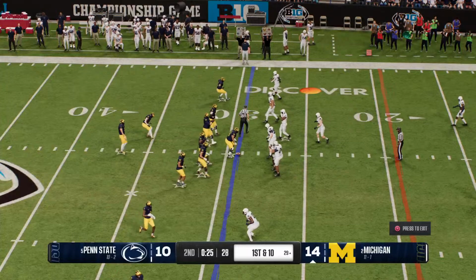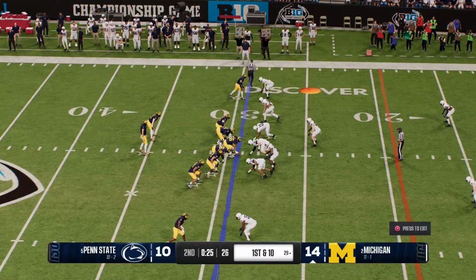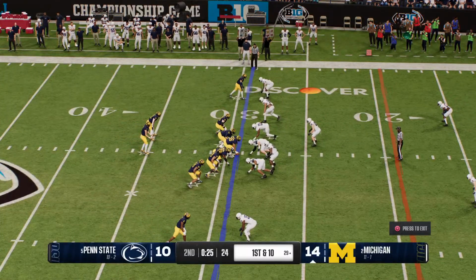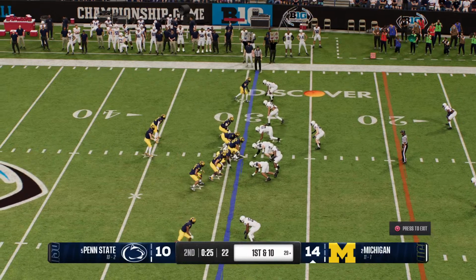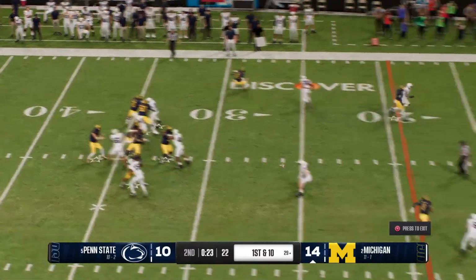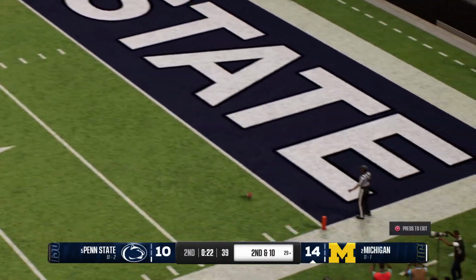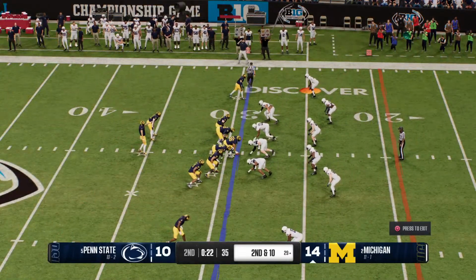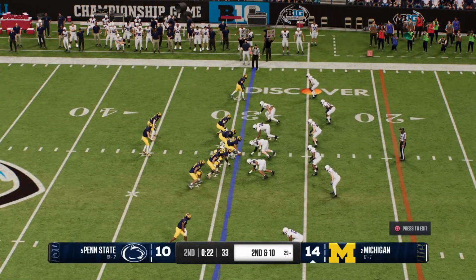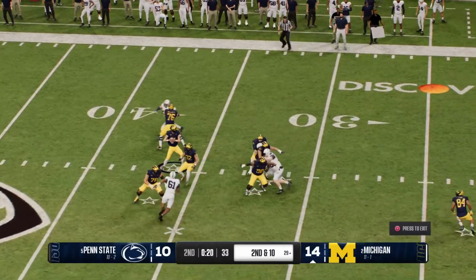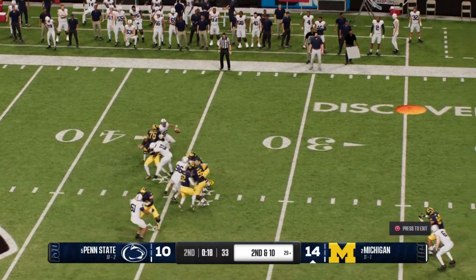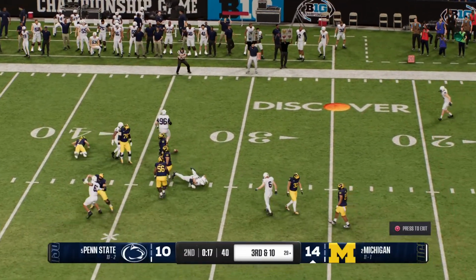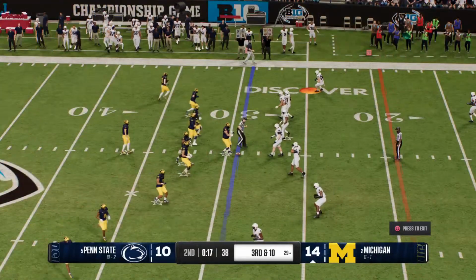Yeah, you know this defense has got to be frustrated after giving up multiple conversions now on first downs. There's another one. But for the offense, man, they're just playing very efficiently right now. Ball's incomplete. A lot of heat on that throw. Offense facing a 2nd and 10. Quarterback drops back from the shotgun, looking for a receiver. It's incomplete. That was caused by the defensive pressure.